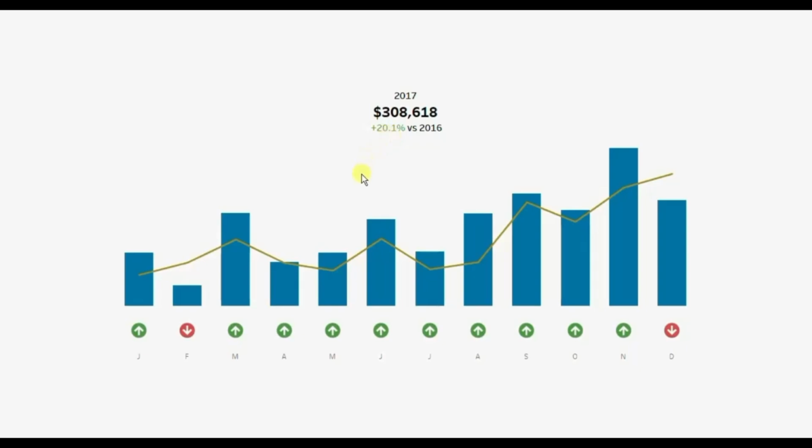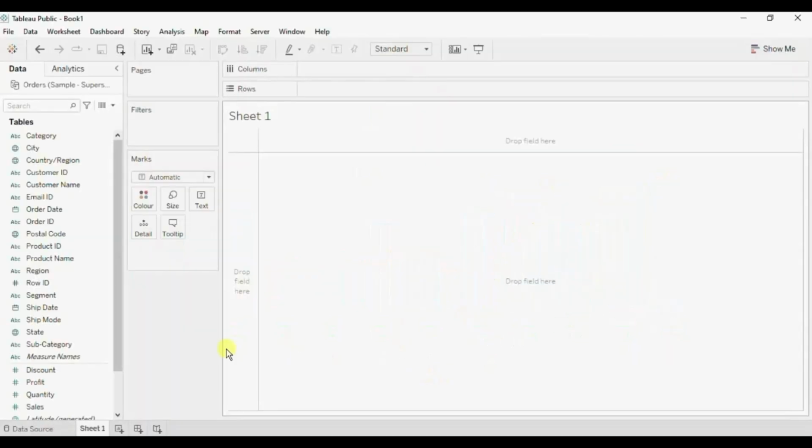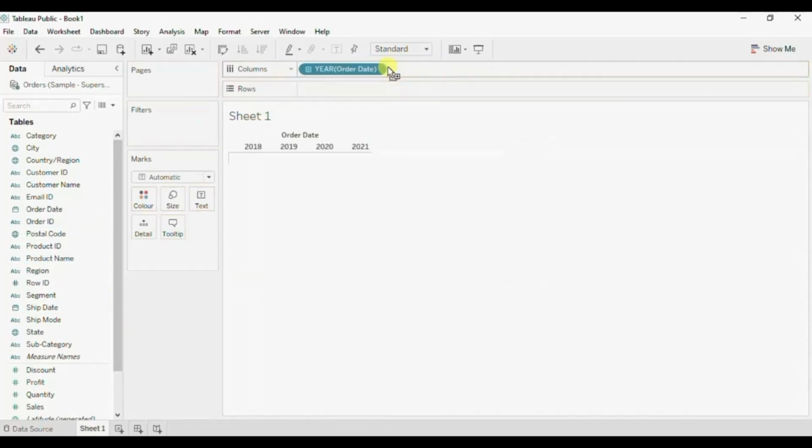Now, without wasting any time, let's jump to Tableau and see how to create a view similar to this one. First, we will see how many years of data we have in this data set. So drag order date to the column shelf. So we have data starting from 2018 till